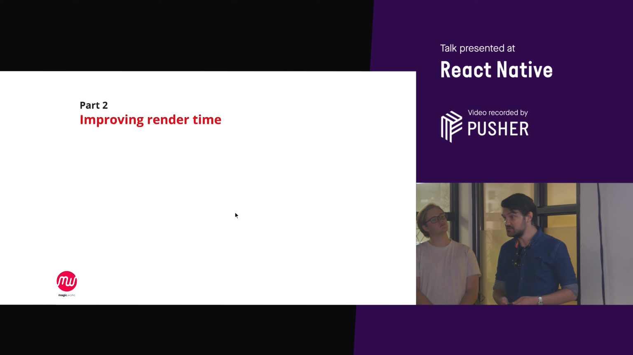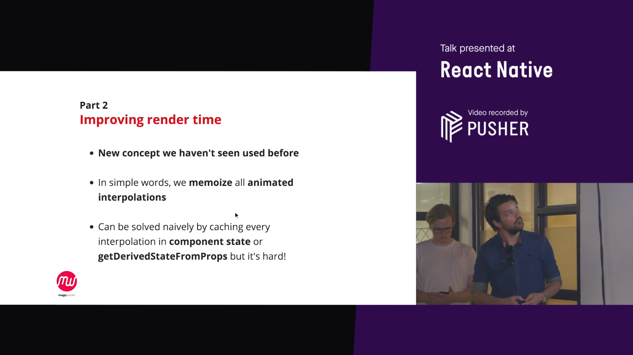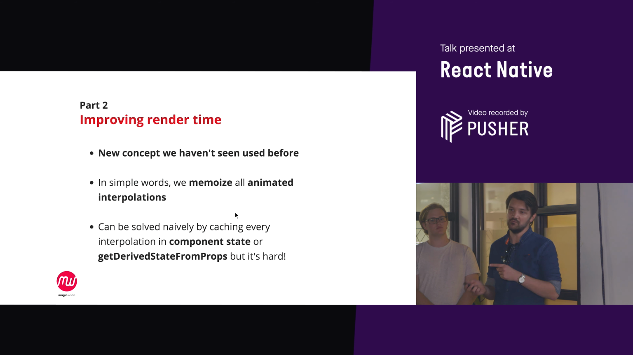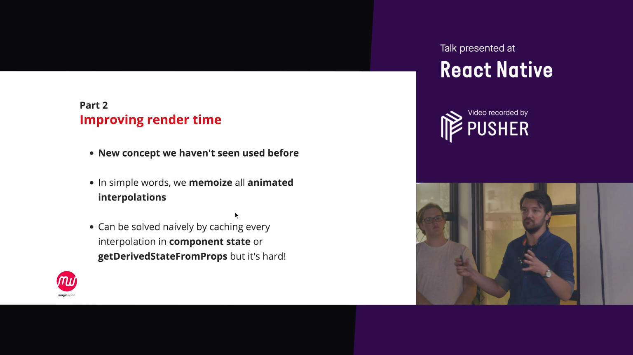Part 2 is improving the render time. We wanted to make sure the animations don't drop any frames. It's a new concept we haven't seen before. In simple words, we memoize all the animated interpolations. It can usually be solved when you interpolate any value, and you can put it in a state, or derive it, or put it in object values. But we found it very difficult to maintain and manage. We want to keep everything within the render function to be able to define the components quite easily